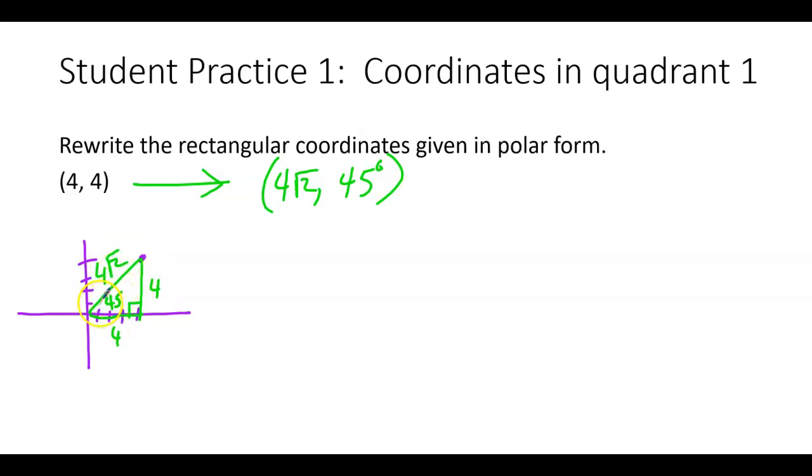So right off the bat, since these two sides matched, I knew this had to be a 45-degree angle, and I knew that this is the same thing as the legs, just multiplied by radical 2. Now maybe you went ahead and did it using arc trig ratios. It really doesn't matter. You still would have gotten the same answer if you did it the longer way like I showed you in the last 2 examples. It just so happens that this was a special right triangle, so it was a little bit faster. So keep an eye out for that. If you ever get a 30, 60, 90 or a 45, 45, 90, you could save yourself a little bit